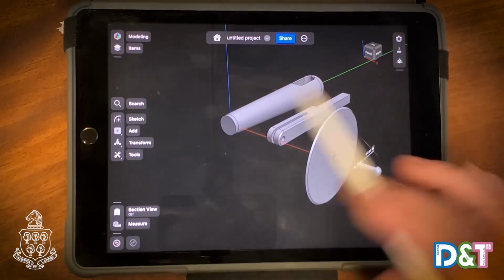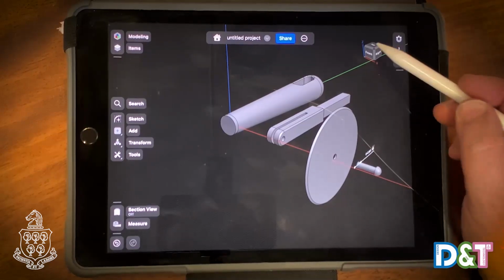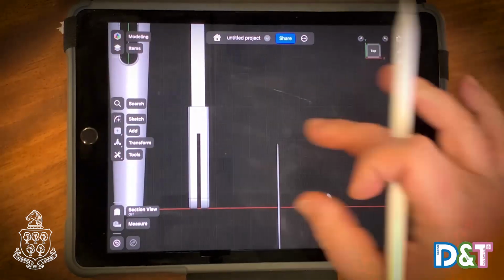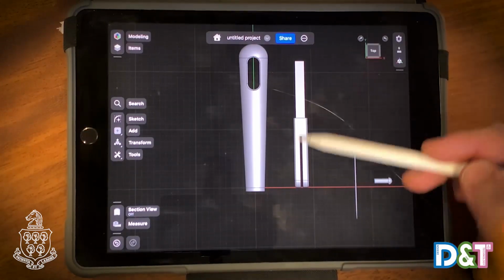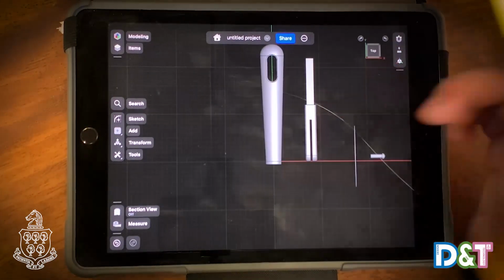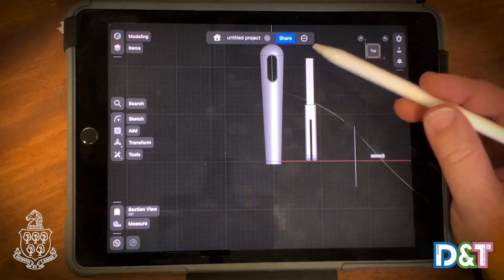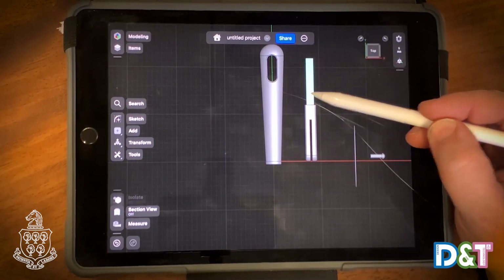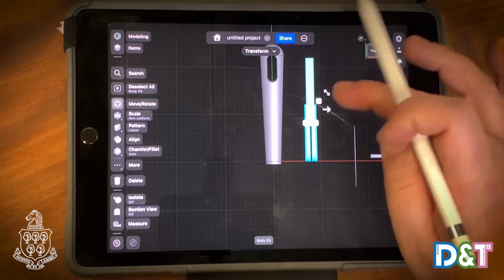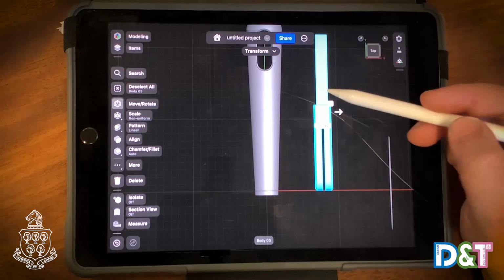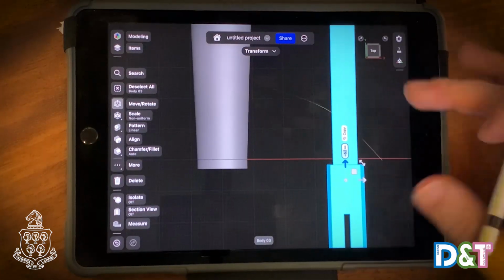To start putting these in place and then assembling the pizza cutter, what I'm going to do is go to my top view. There we go, just to get a better view. And I'm going to first of all put the blade holder and tang into the handle itself. So to select all of this element that we've drawn out, we can double click with the pencil and it selects all of them. And what we can do is zoom in a little bit and we can move it using the arrows. So I'm going to move it ever so slowly